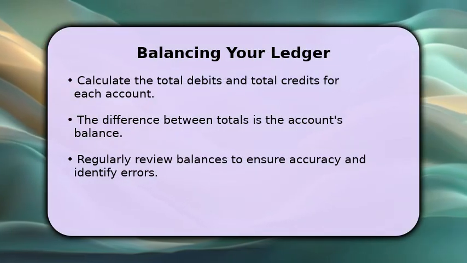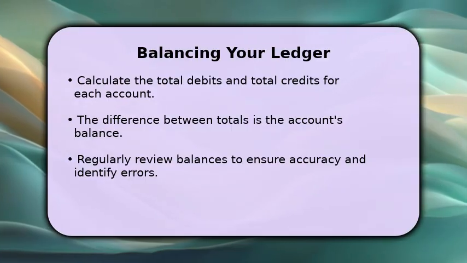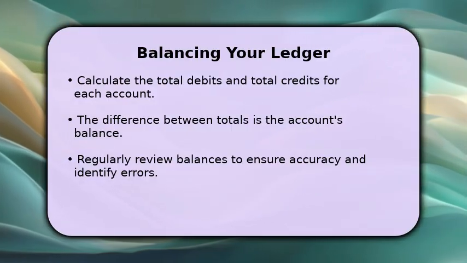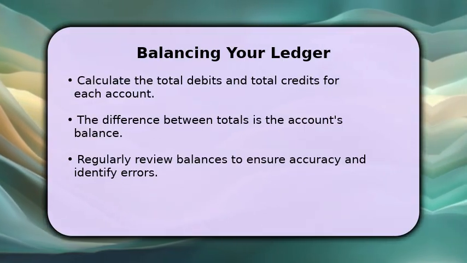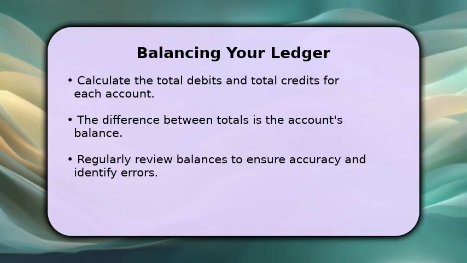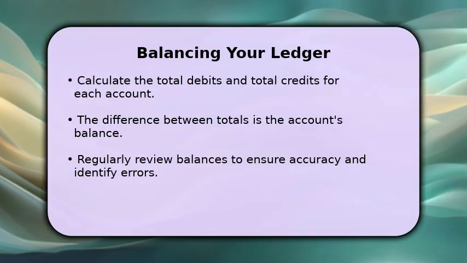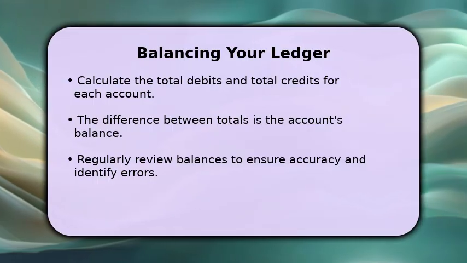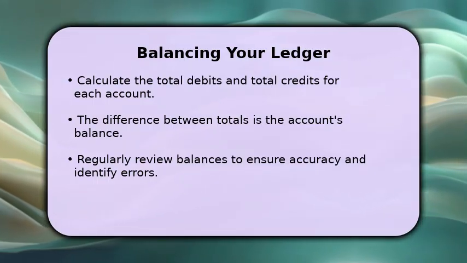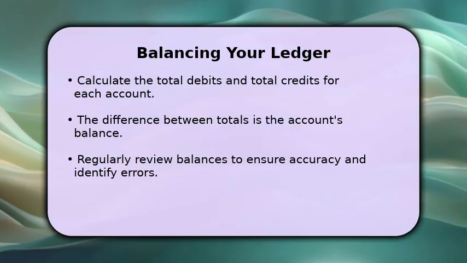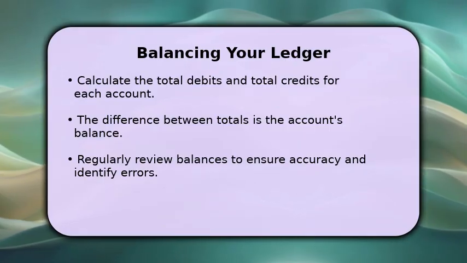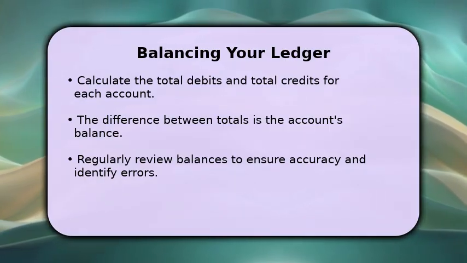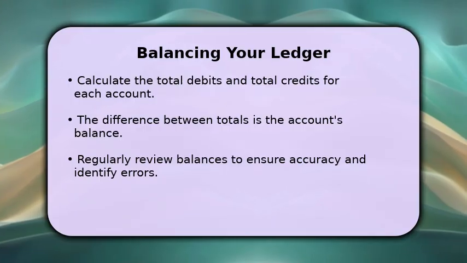Finally, balancing your ledger is a critical step to ensure financial accuracy. For each account, you will sum all the debit entries and all the credit entries. The difference between these two totals represents the account's current balance. It is essential to regularly review these balances to confirm that your books are in equilibrium and to quickly identify any discrepancies. A well-balanced ledger provides reliable financial insights and supports sound